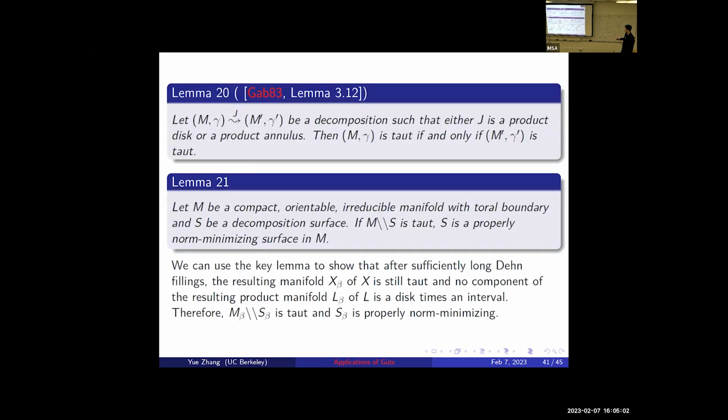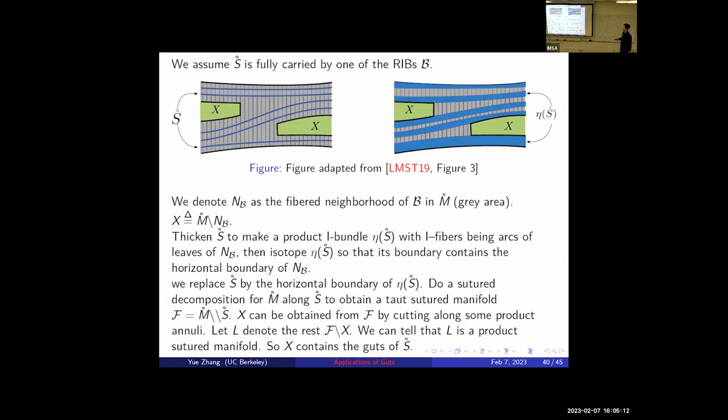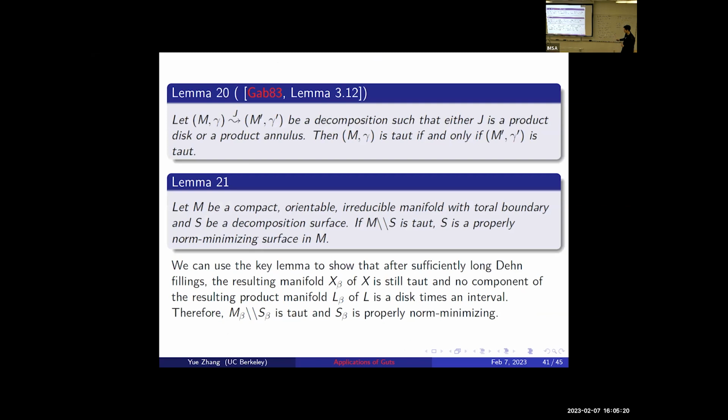So we want to use this lemma to show that the resulting manifold is still taut, right? It's not about the original manifold, it's about the resulting manifold after the Dehn filling. If we can show that X beta is still taut, where X beta is the resulting manifold from the Dehn filling, and then